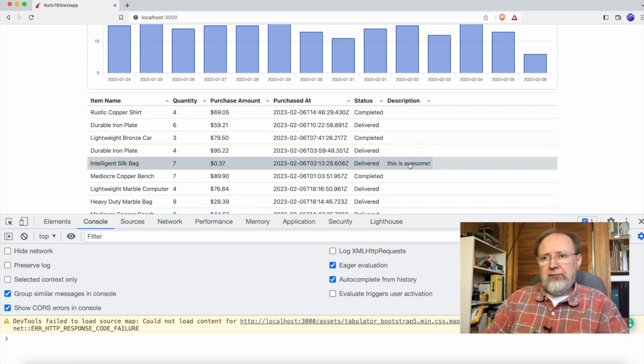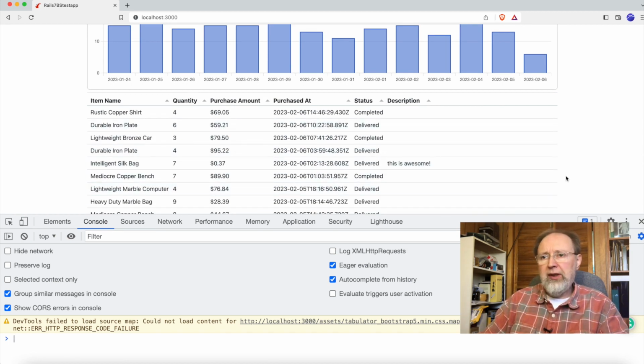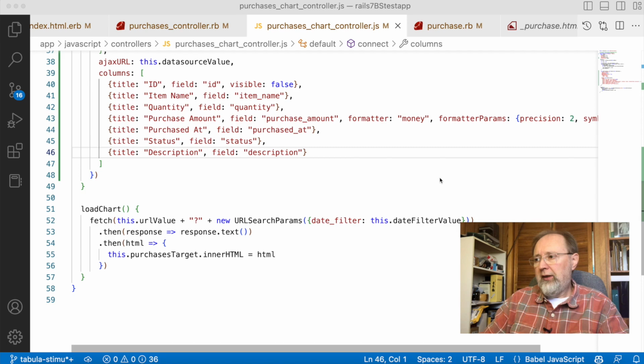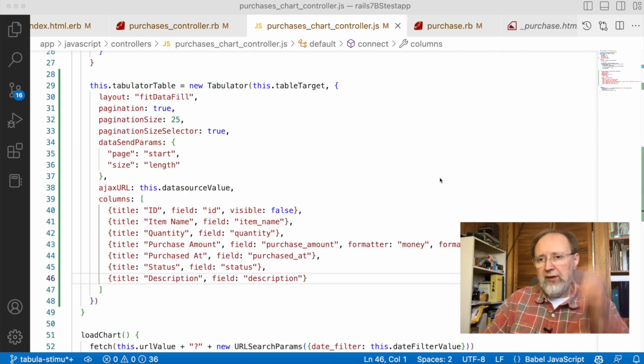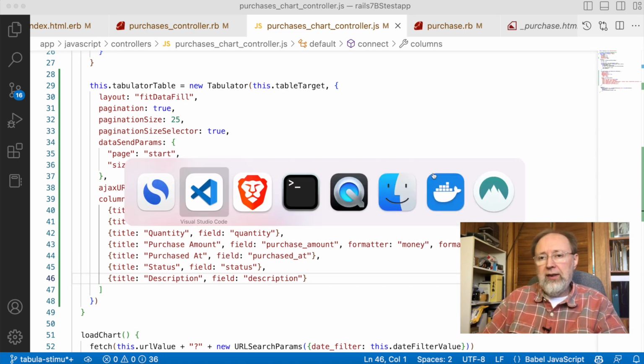There we go. Purchase amount. So there, we've moved everything into a stimulus controller. So let's talk a little bit more about the other things that we can do with Tabulator. First one that I know you guys are quite interested in is doing inline editing and how that works